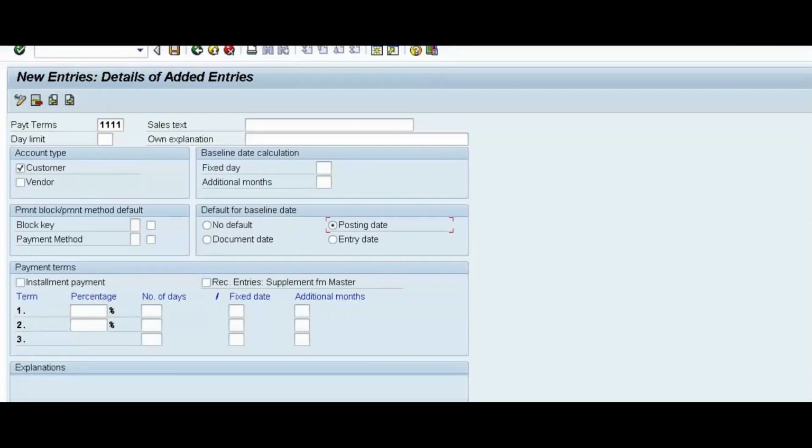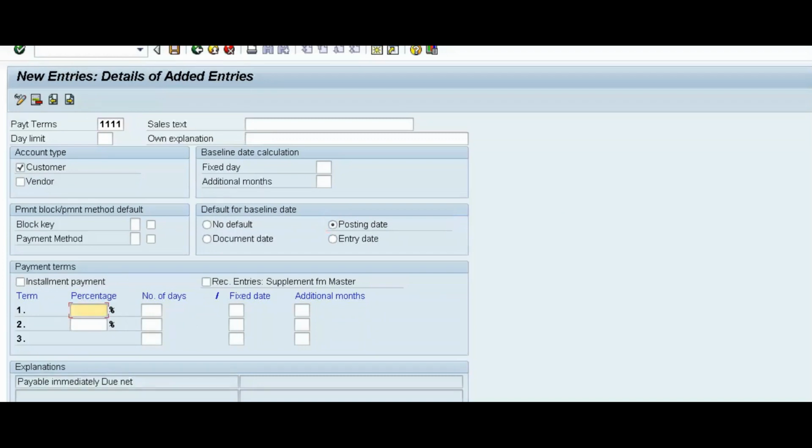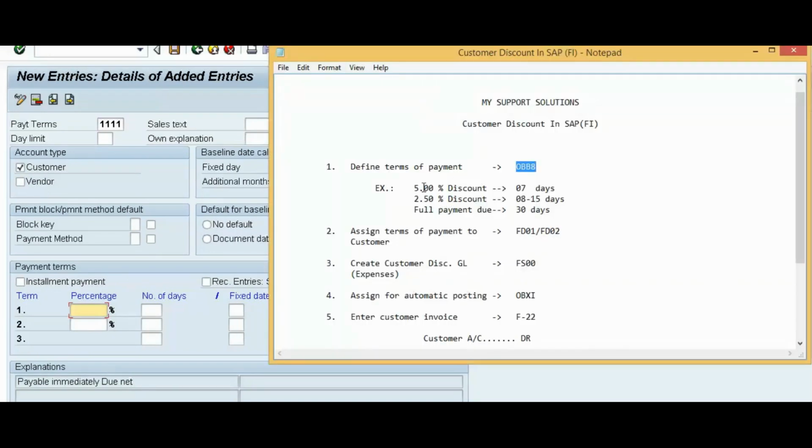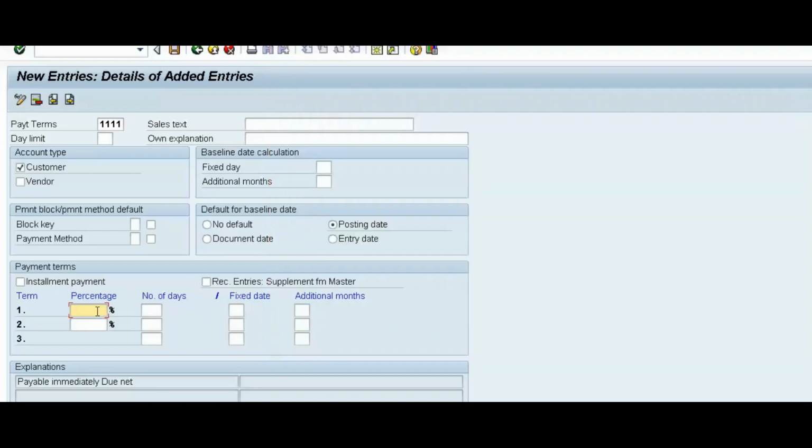Now here in payment terms, as we have seen, this is our example. So 5% discount, number of days is 7, 2.5% discount for up to 15 days and no discount afterwards, so 30.